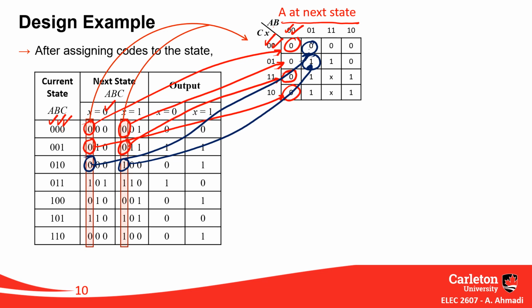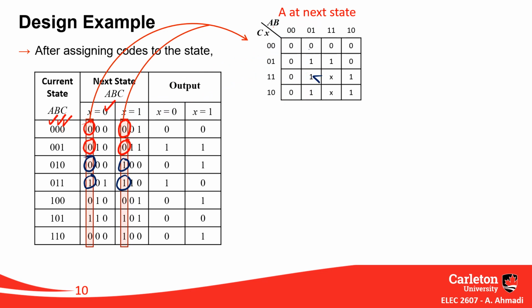Zero, one, 0, 1, 0, this one goes here. And this one goes here. You see that? One by one, all the values from the table will be transferred to another table, which is a classic K-map,